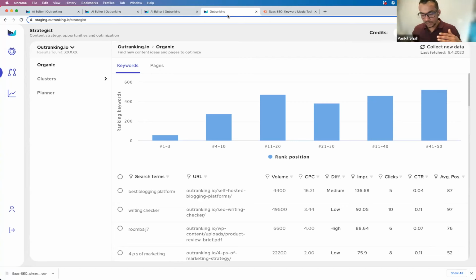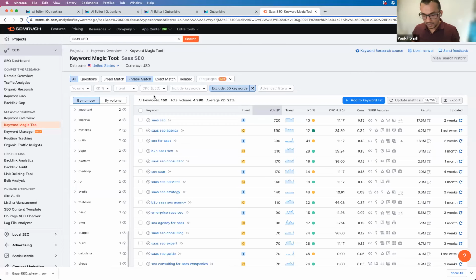When you are creating a keyword list, you go to SEMrush, you go to Ahrefs, and you collect this huge list of keywords, right? So I want to give you an exact example of how you can manage this. You're building authority in, let's say, SaaS SEO, and you have this huge list of keywords, 150. In my case, it's 150 because I've chosen a smaller silo to work with, or a smaller group to cluster. But you can think about puppy nutrition, that might have thousands and thousands of keywords that people are searching around it, and so forth and so on, right?